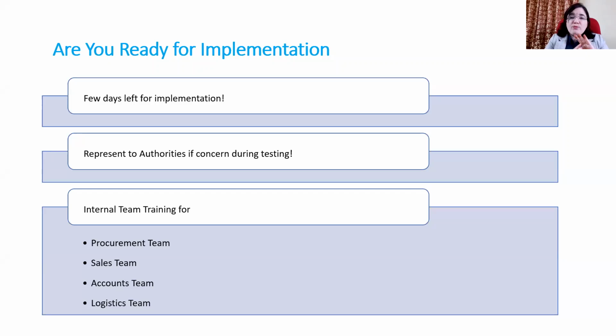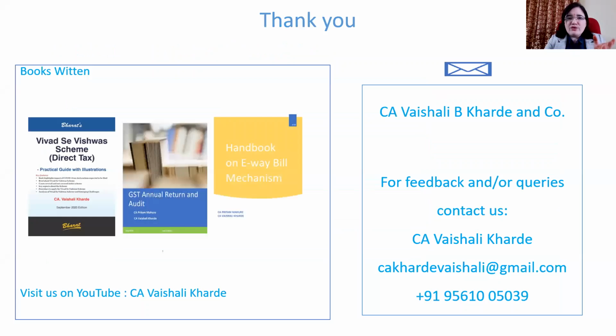Your procurement team, your sales team, your accounting team, logistics, your complete team should be aware about this big technology change, including your software team. Hence within the company, you can arrange internal training for e-invoicing. We are more than happy to provide team training also for your company. So this is about the implementation of the